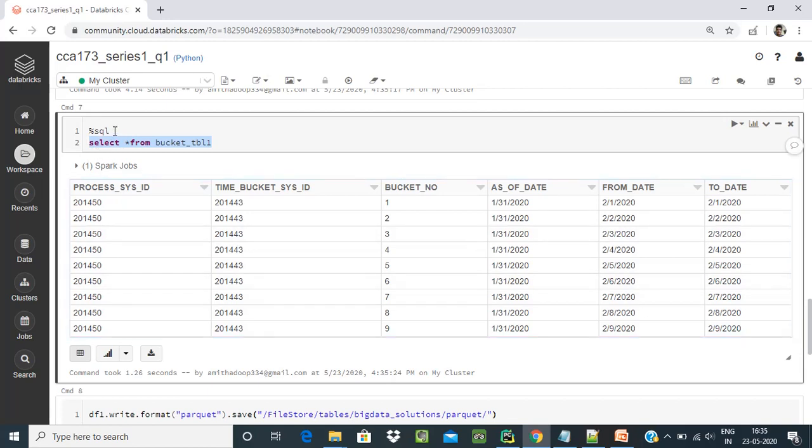With the help of Postgres SQL in the notebook database, it goes to the SQL prompt and you can execute the query select star from bucket tvl1. The data is showing. It means the data is stored in the table. For checking, I executed this command.